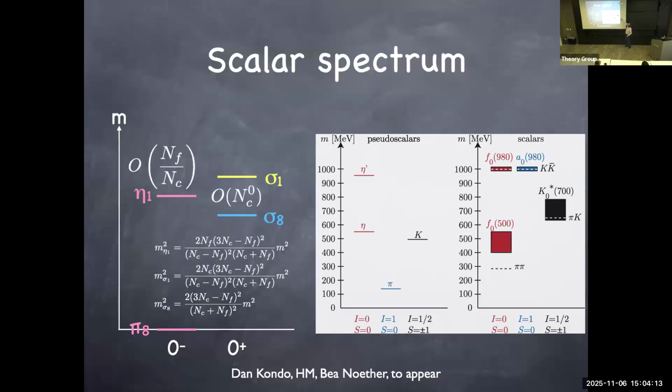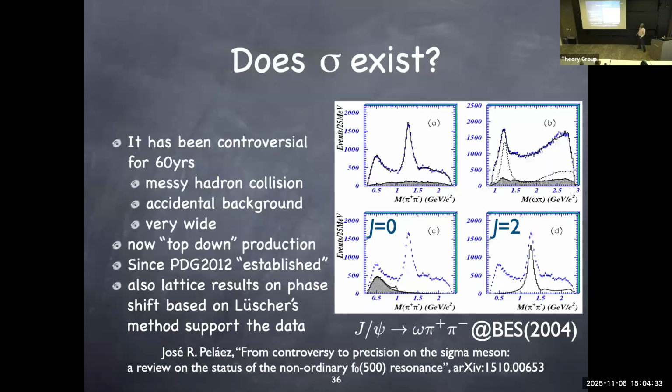And then also you can see that the spectrum of the 0+ states is upside down. Isotriplet here, isotriplet there. Strange states here, strange states there. Singlet state here, singlet state the lightest. So it's an upside-down spectrum. It turns out that these states are now experimentally established because you can produce them in e+ e- experiments from B decay and D decay. That's why you can see very clear peaks of these resonances.